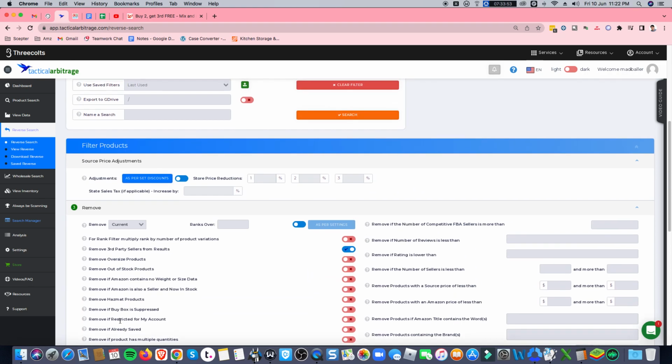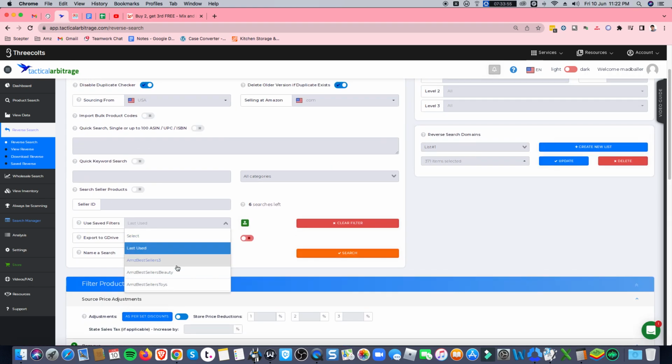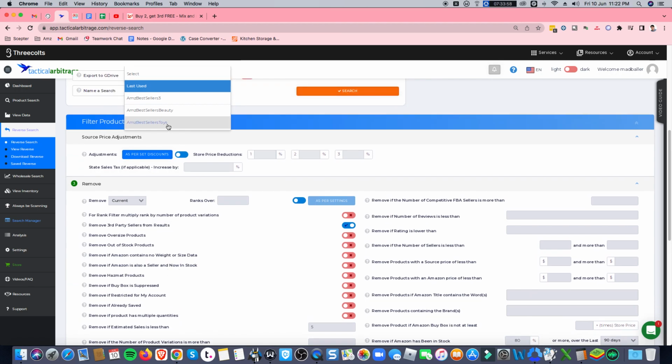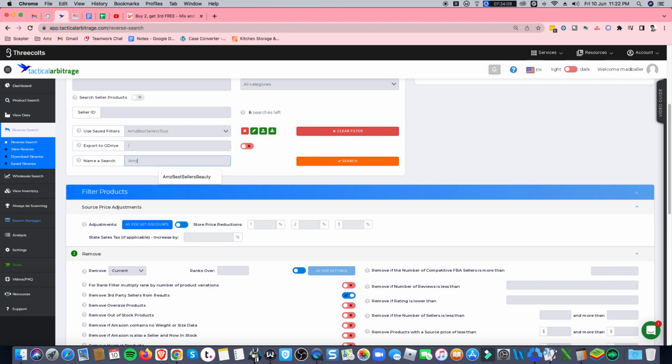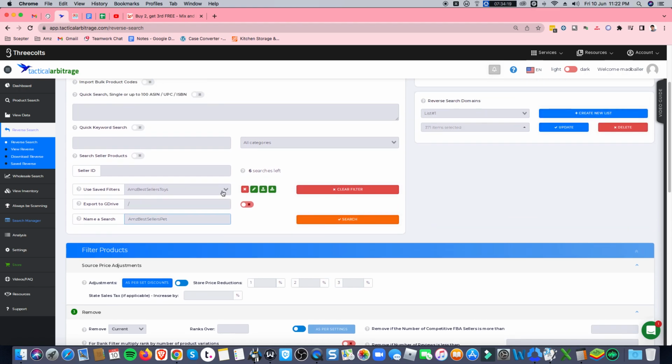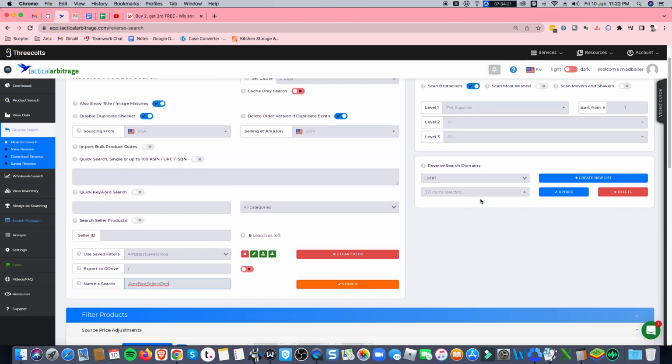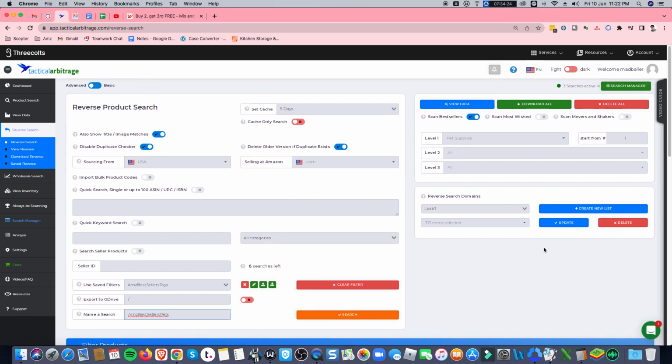And then save the filter just like what we did with the product search. Save the filter, and after that you need to select again the filter that you have just saved. Say for example, this is the filter that you did, and then name your search. Say for example, this is Amazon bestsellers, pets, pet supplies, like that. You can just put here pet. Okay, so after that, click search, and you will have to wait for hours